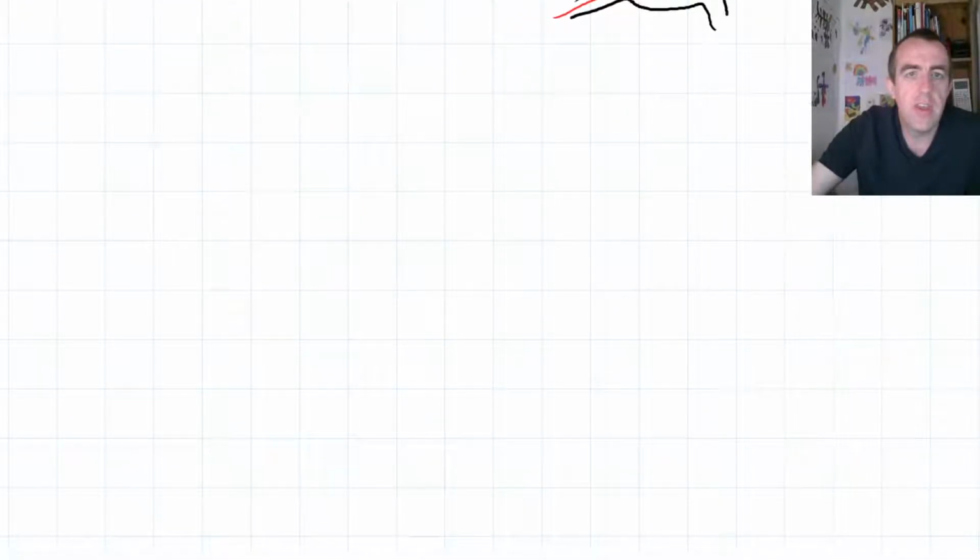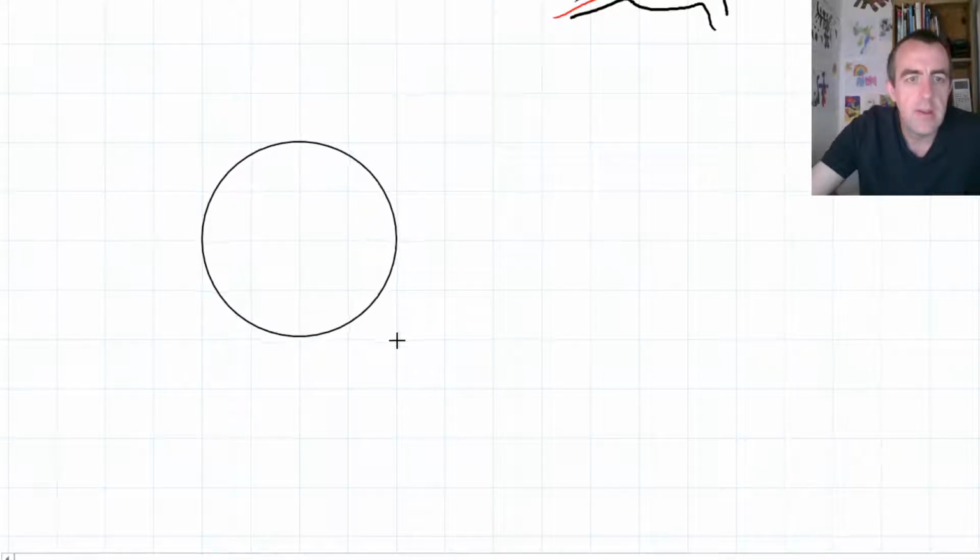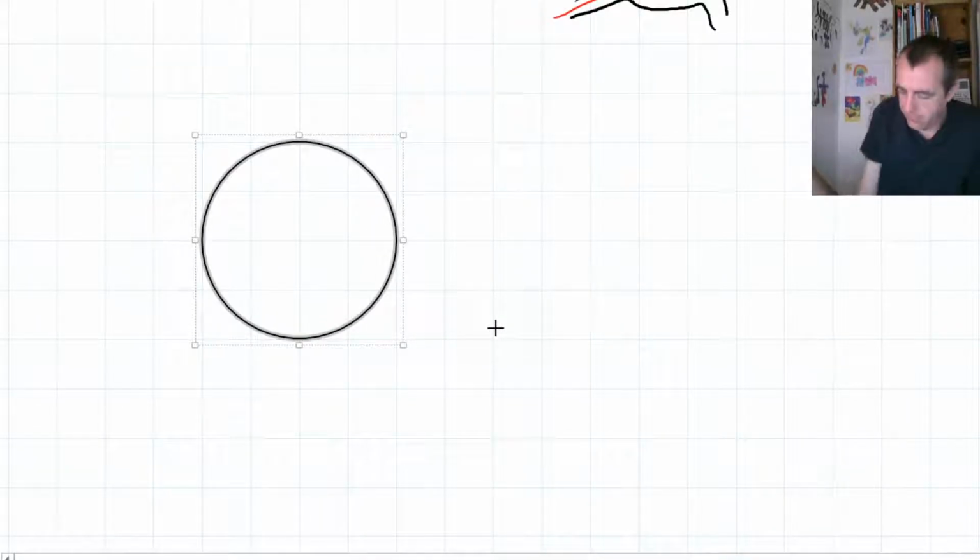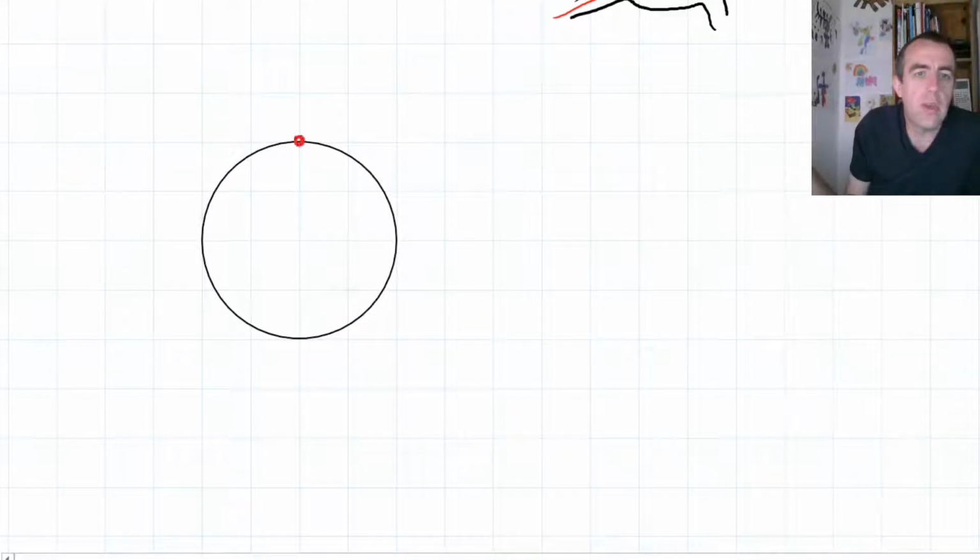So if we scroll down to this, let's draw a little circle to make it easier for us to explain what we're talking about. There's a nice little circle. And let's have our starting point on the very top here. So there's the starting point, A. If we just pick any position round here, B, and then draw our line connecting A to B, you can see that the line A to B, the displacement, is shorter than the distance, that curve. So the question is, as we move around, is it possible to have it so the distance is equal to the displacement?